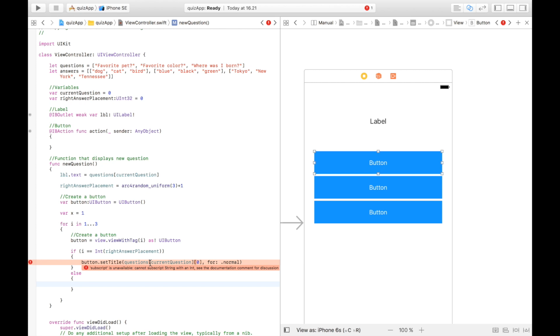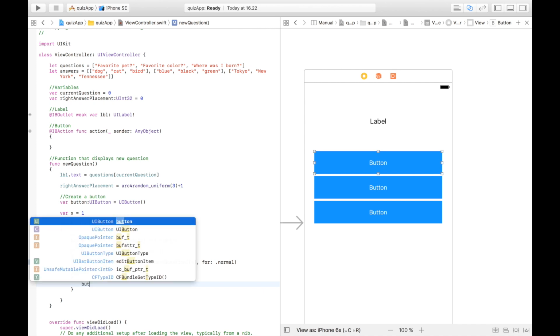Is there something wrong, or is it just joking with me? No, oh, I see. Sorry. Answers. I tried to access the questions, but of course it's the answers variable that we need to access. Now, if it's not equal to the right placement, then we're just going to say